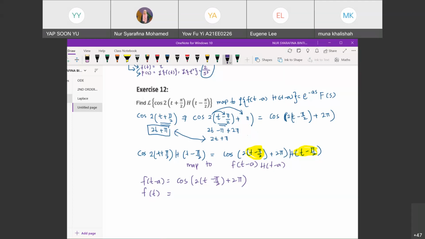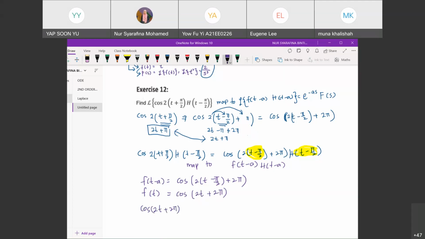Okay, so your f t is cos 2t plus 2 pi. Okay, now you want to transform. Here we can